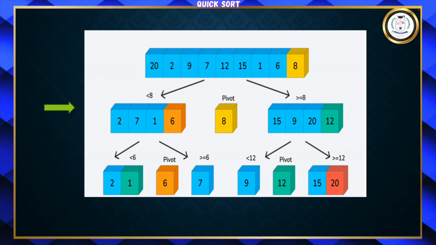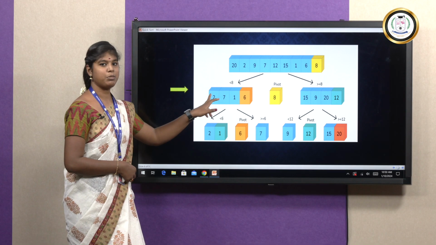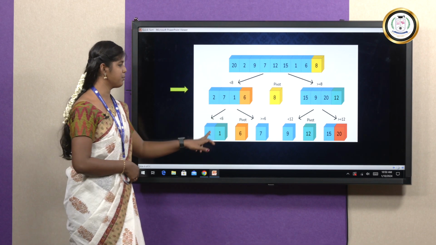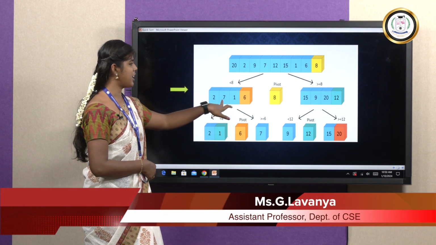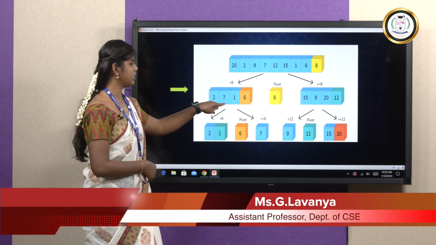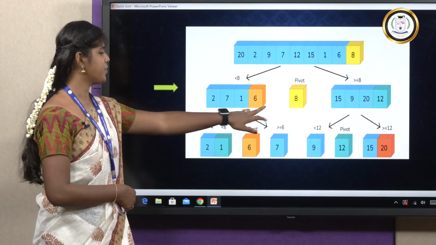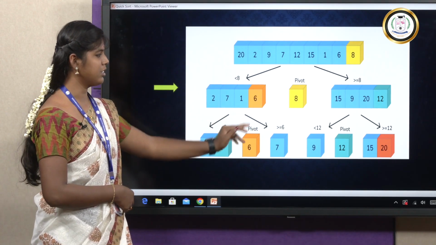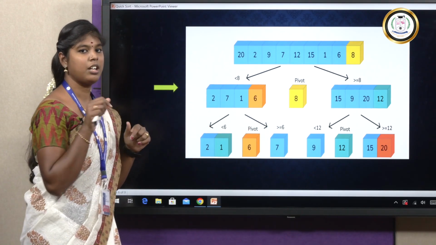So first, after splitting this step, you will be choosing this array. That means you have to split into two arrays, right? One is this array and another one is that array. So first you have to sort this array and then sort that array, and afterwards you can